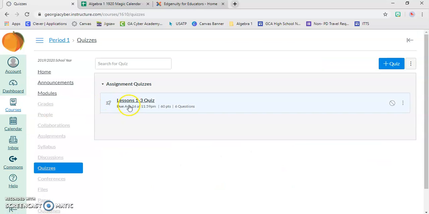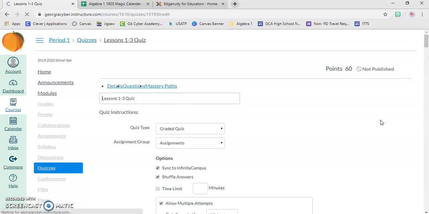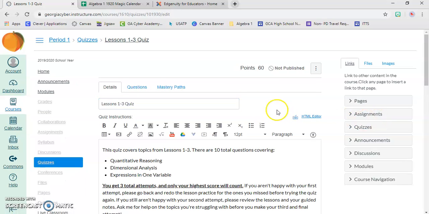And then you can see I've already started the process right here. I'm just going to finish it out and show you what I've been doing, but I hit new quiz when I went to go create this one right here. So I'm going to go into this existing quiz that I made and hit edit and show you some of the settings. So I went ahead and just named it after the lessons that it covers, and then that way hopefully it'll be very obvious to students